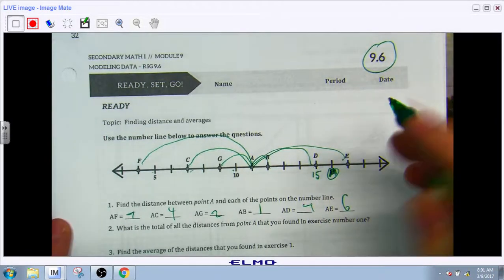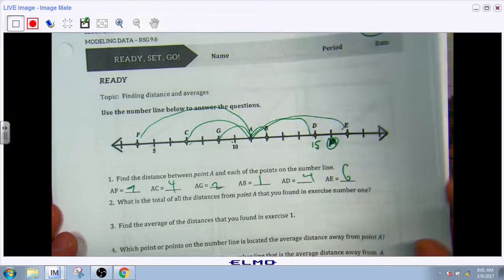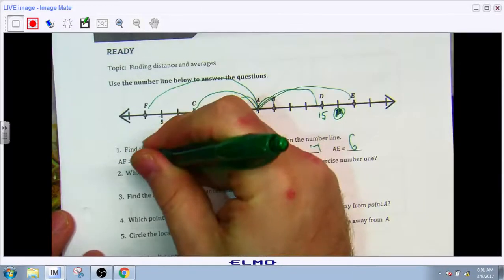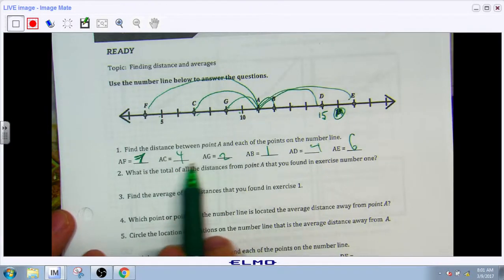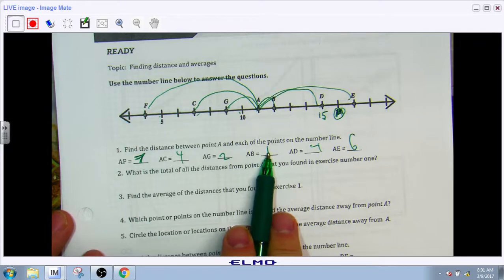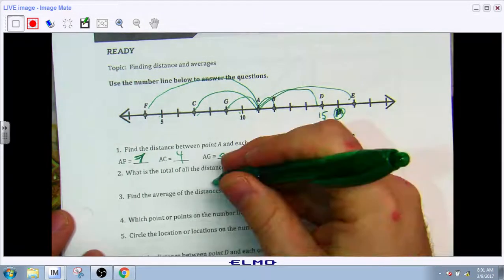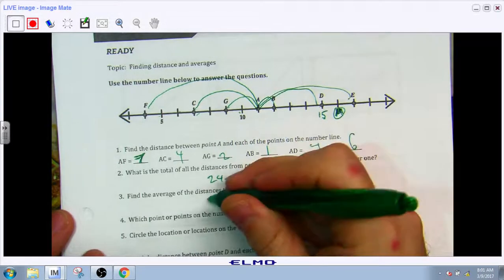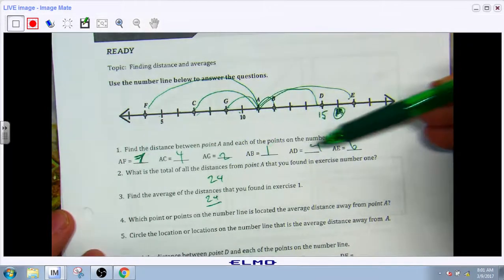And so then we're going to look at the distances from point A and tally them all up. So 7 plus 4 is 11, plus 2 is 13, plus 1 is 14, plus 4 is 18, plus 6 is 24. And so now let's find the average. We'll do 24 divided by the number of points, which is 1, 2, 3, 4, 5, 6. We'll divide this by 6,